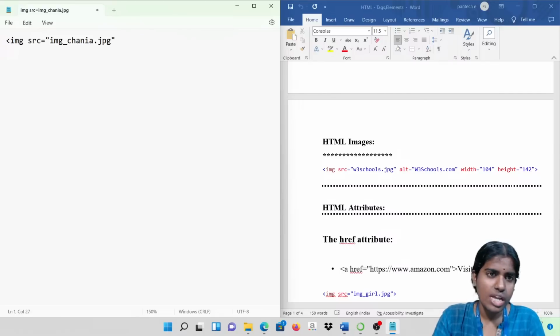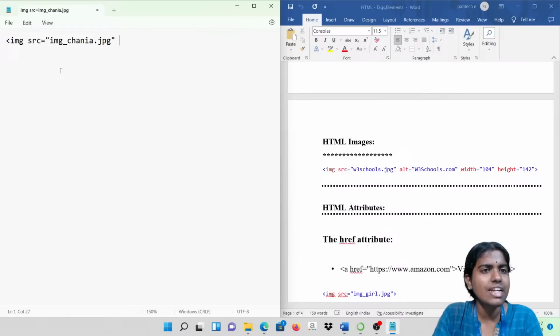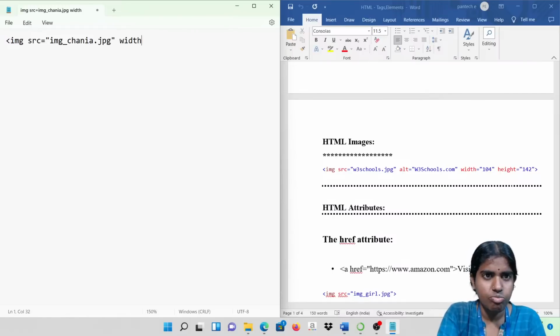As I was telling you, the entire HTML language is based on tags and attributes. If I want to display some width, I can go for this width attribute. Whatever is the width, I can specify the corresponding width here. And height equal to, for example, whatever is the height, I can mention the height here.